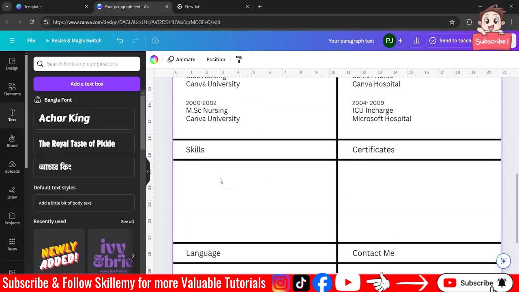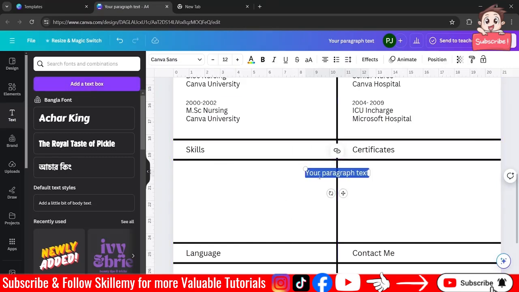Now let's go and add some skills. So for skills, let's add a text box. Let's select everything to left. Let's add a bullet point option over here, and let's start with the first one. There are two types of skills. One is soft skills and another depends on your particular field.